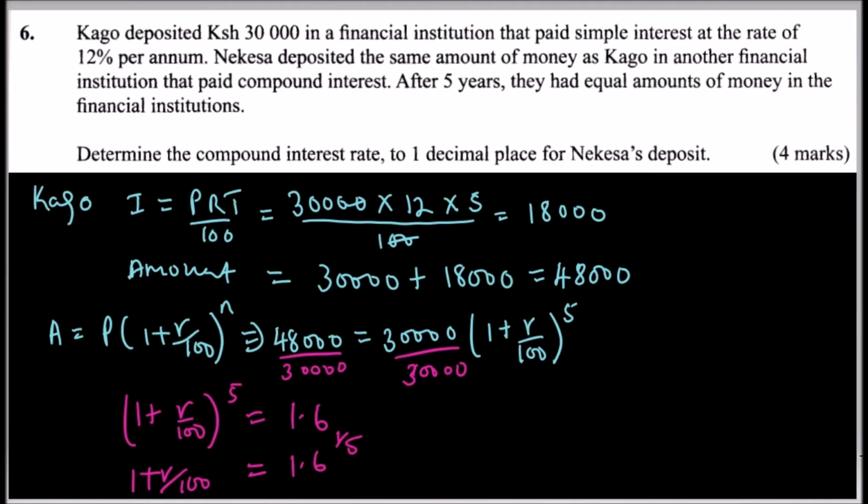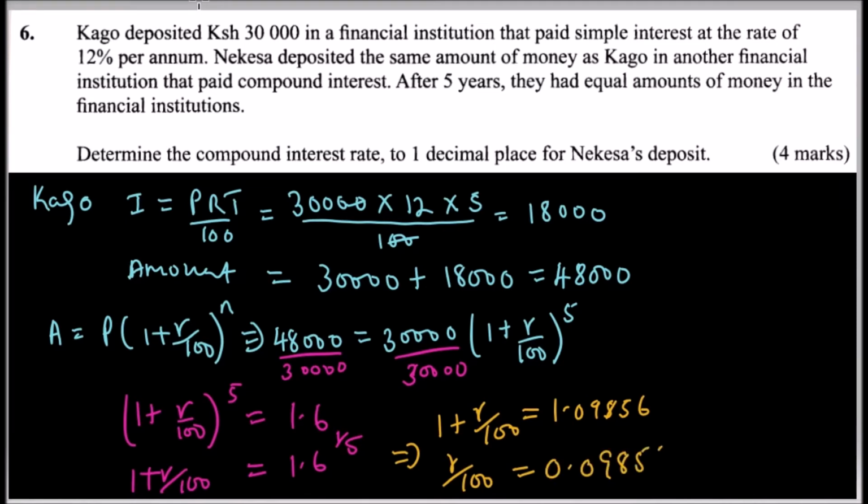So you take 1 to the other side. Working out 1.6 to power 1 over 5 implies that 1 plus R over 100 equals 1.09856, using your calculator. Meaning that R over 100 equals, subtracting 1 from both sides,